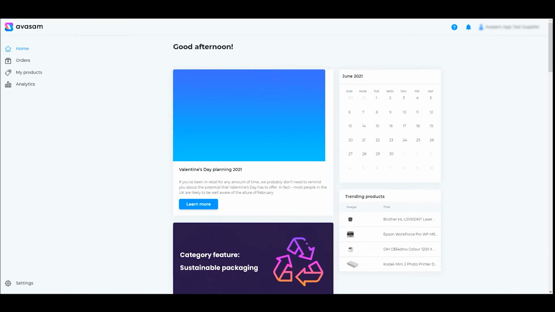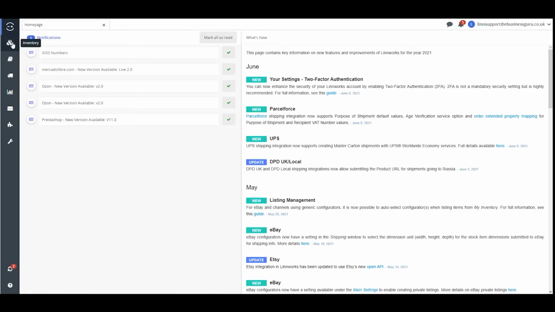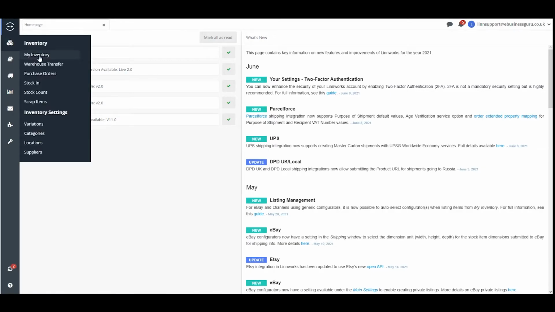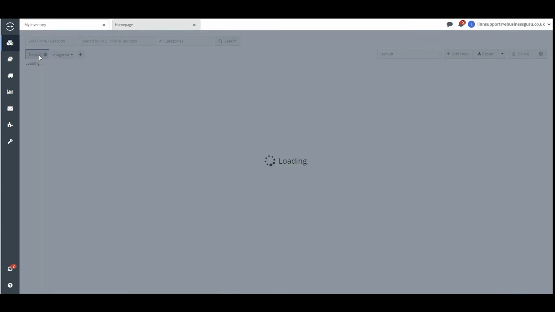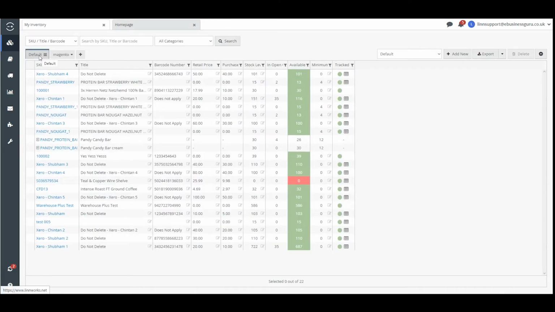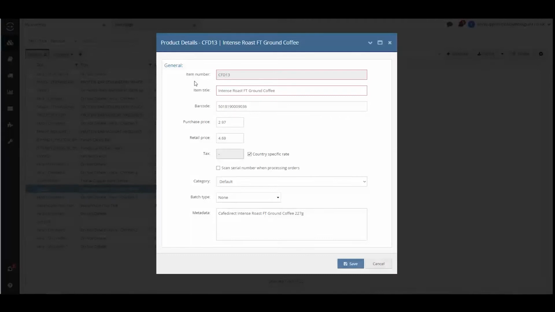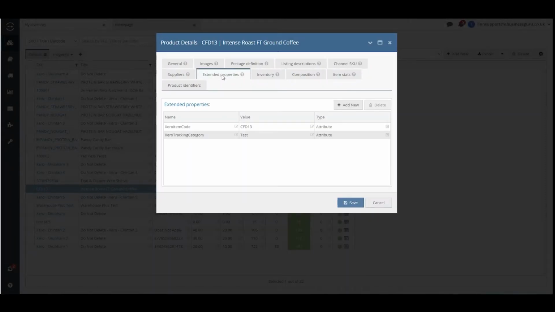Now, we're going to move across to Linnworks to start. So obviously we're going to start off in your inventory. Now, a product needs to have 5 specific extended properties in it to make it eligible for Linnworks for Avasam to look for it. So I am just going to grab this and jump across into extended properties. So this one doesn't have those entries,